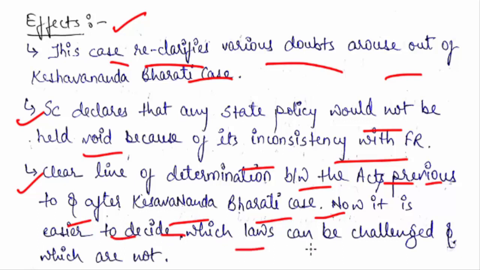Now it is easier to decide which law can be challenged and which cannot. The court decided that we are going to review all the laws after the Keshavananda Bharti case, and we will not touch the laws which are before it. I had told you the reason, and it is very simple. The court doesn't want to create chaos countrywide. So they don't touch the laws implemented before the Keshavananda Bharti case, and they decided that the laws, acts or amendments made after the Keshavananda Bharti case are open for judicial